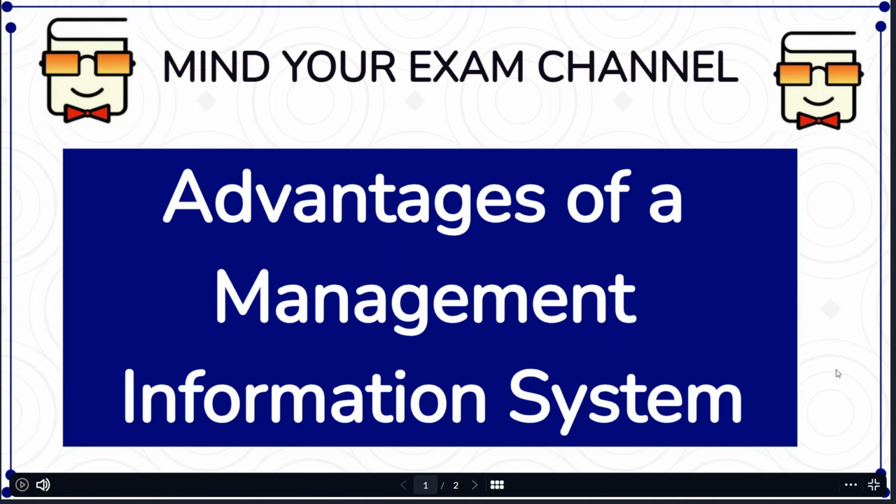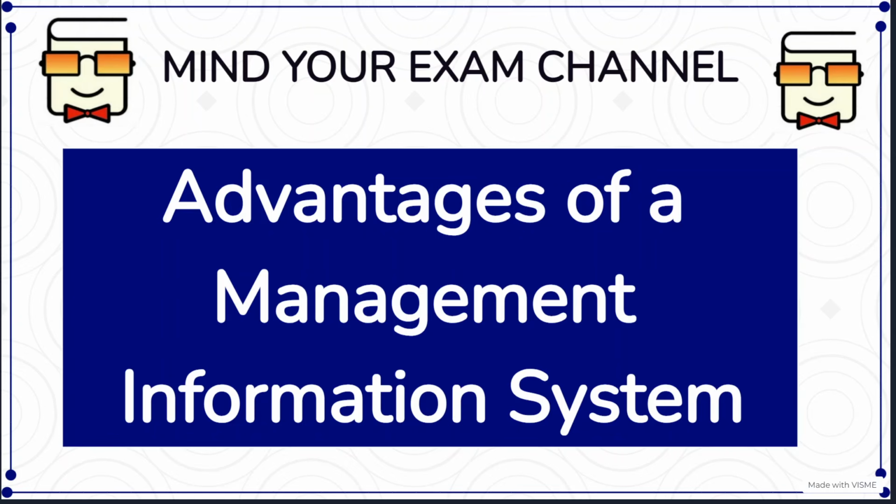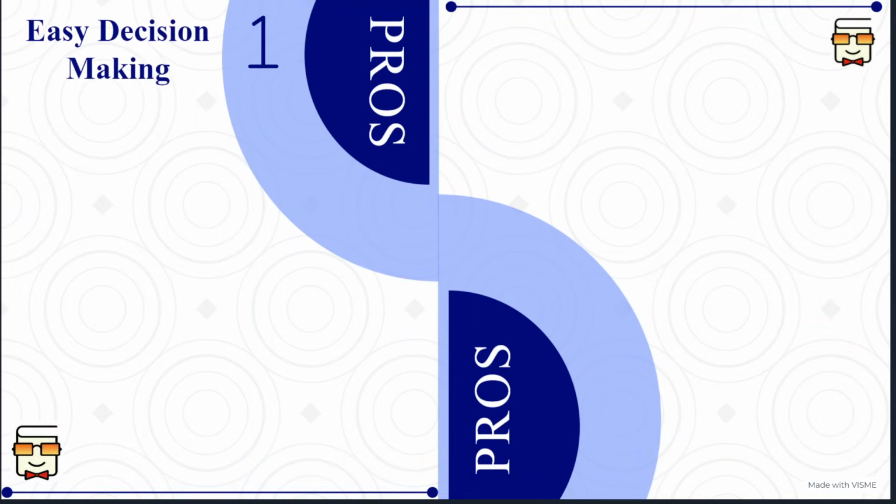In this video, we will be learning about the advantages of a management information system or an MIS. So the first advantage is easy decision making. Whenever an MIS is utilized in an organization, it presents the information in a form to the management that eases out their task of taking decisions on any matter. In this scenario, the decision making process of the management becomes easier and it helps them to make the correct, accurate decisions in a timely manner.